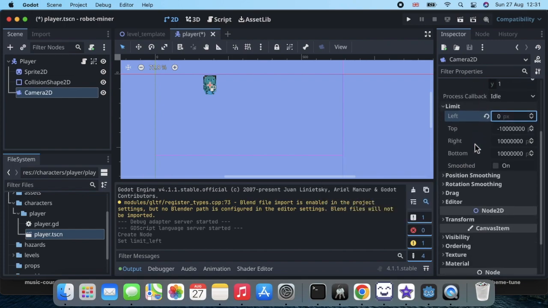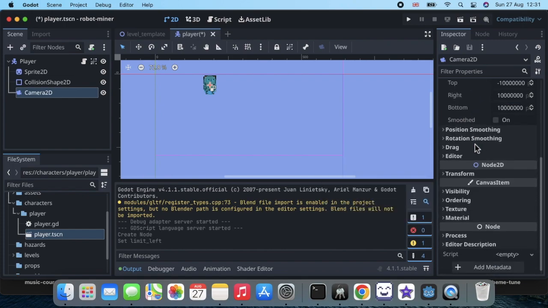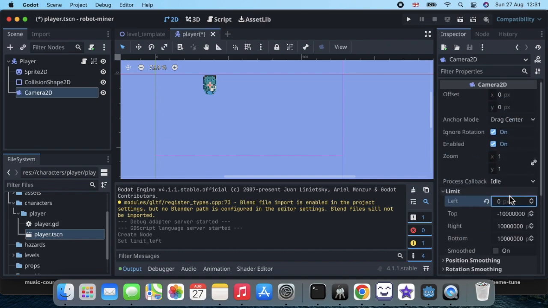Camera is enabled. Yep, look at all the things you can do, but just setting the limit is what I want to do so far. And that's the limit left that I want to set. If I now play my game,